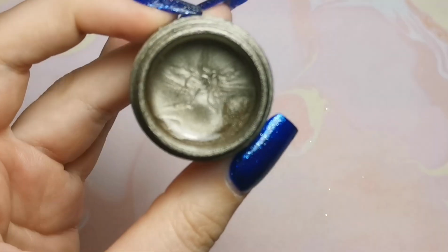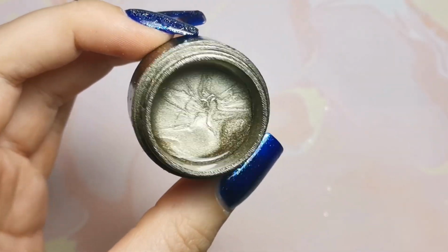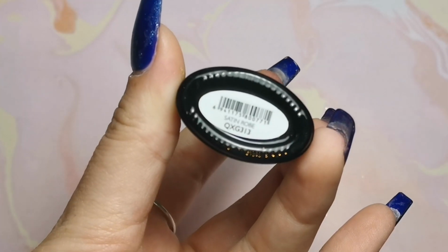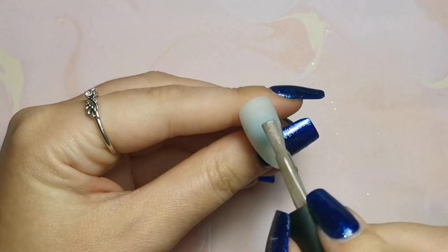And then here I am using the Magpie Beauty Champagne Gel Paint. So that's what that looks like. And then I'm also using Satin Robe QXG 313 from Blue Sky as my base colour for this. And then I'm going to be using Blue Sky's No Wipe Matte Top Coat as well. So first of all, I'm going to get started doing the base of all of the nails as usual. So first of all, on this